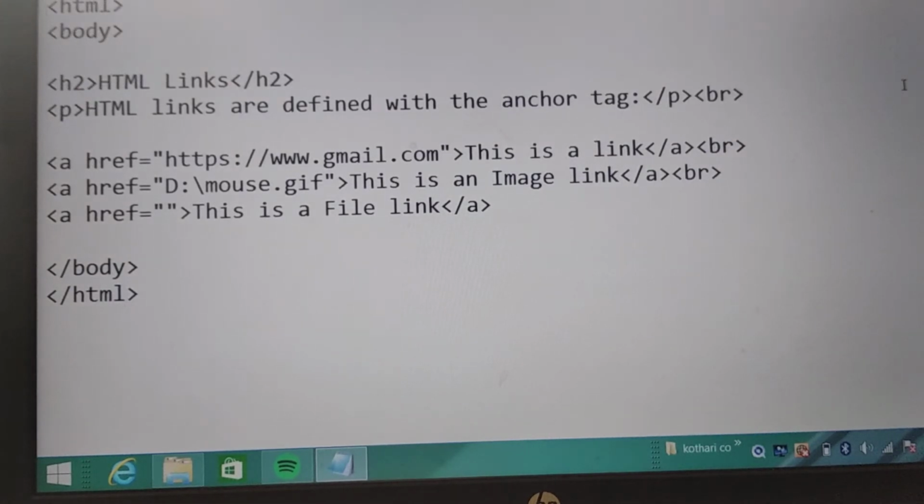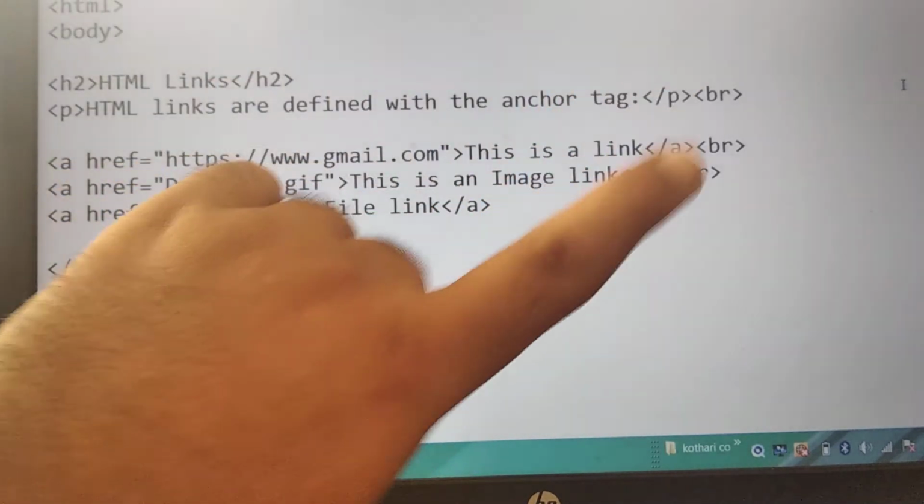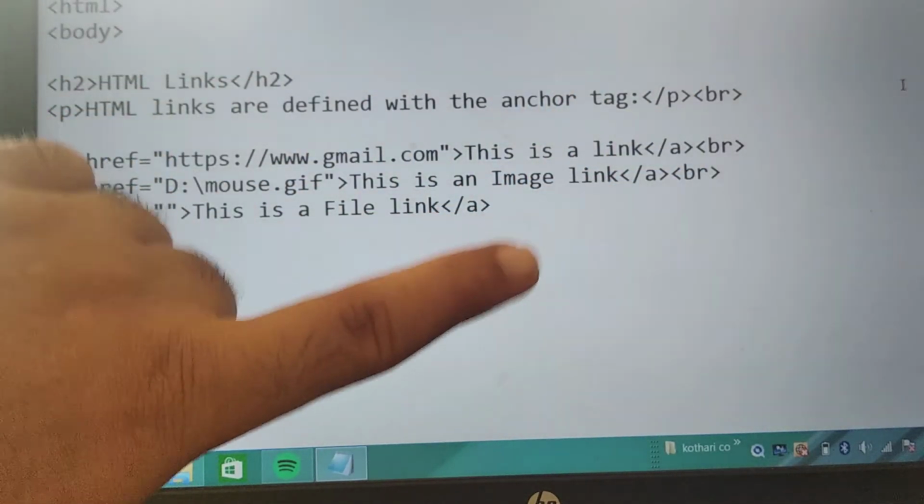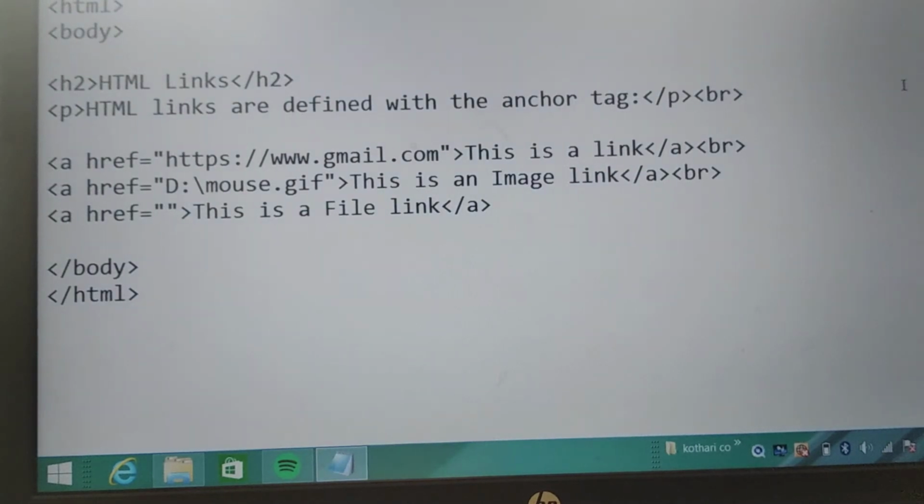The first important point is, whenever your mouse moves over the link area of the web page, the mouse pointer will be changed to the finger shape, like this is my finger, and it will change to a finger-showing type of symbol.